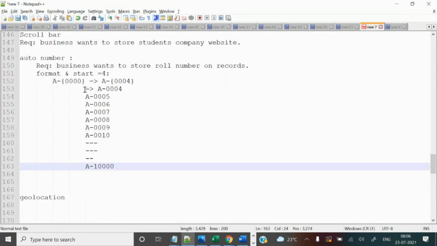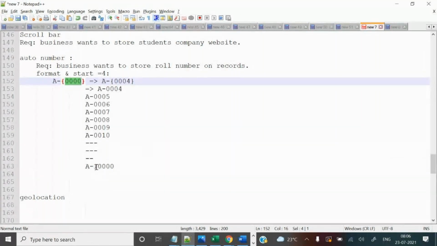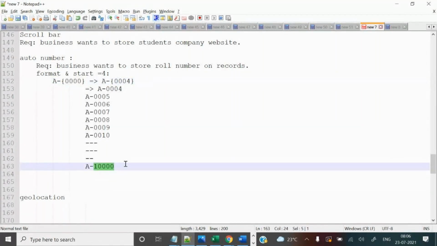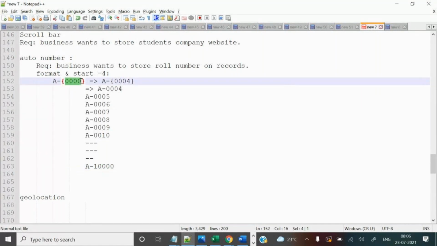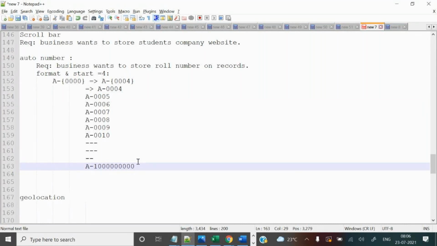You might have a doubt, sir, here I have added 4 digits only, but here it is taking 5 digits. Yes, it will keep on increasing. This is the starting digits. You can start with these many digits, but you can end with unlimited characters, up to 18. So it will increase.